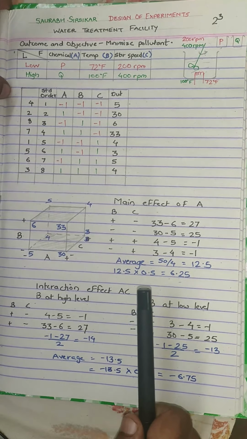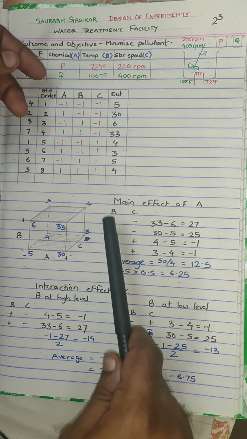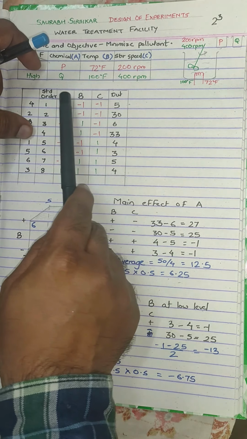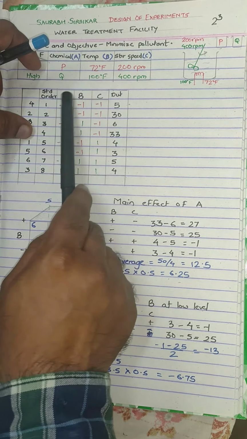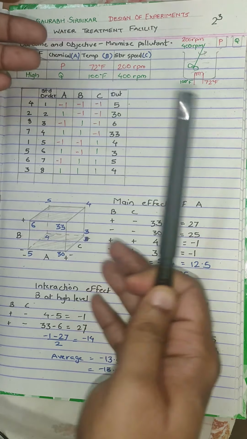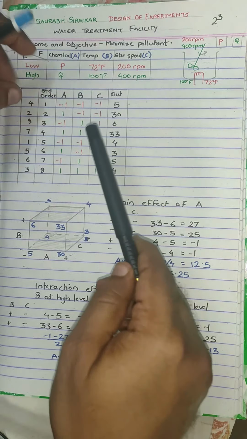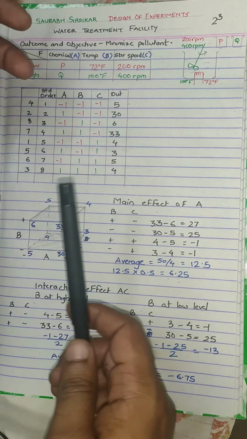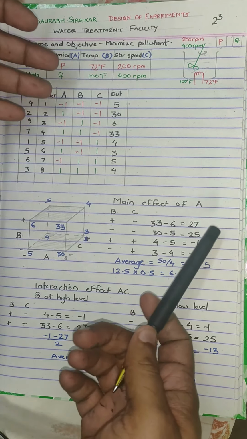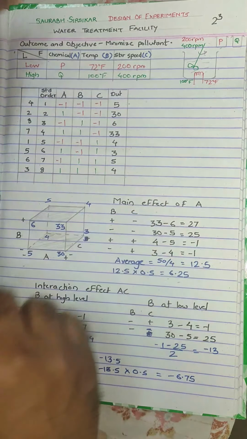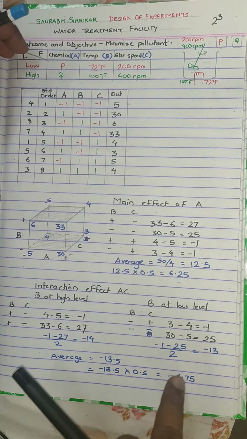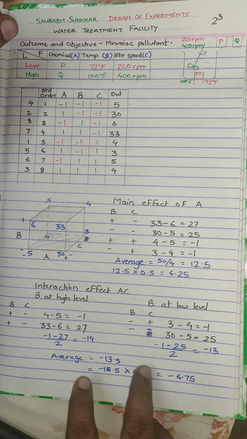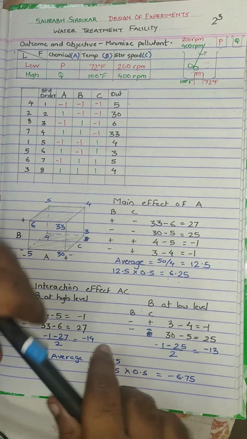Okay, so similarly there can be interactions between A and B or B and C. We have already calculated for A and C. Apart from that there can be a 3-way interaction between A, B and C. So an interaction can be calculated for the 3-factor interaction as well. You can see here that this type of calculation is slightly lengthy and a bit tedious. You can make a mistake which will ruin the entire exercise.